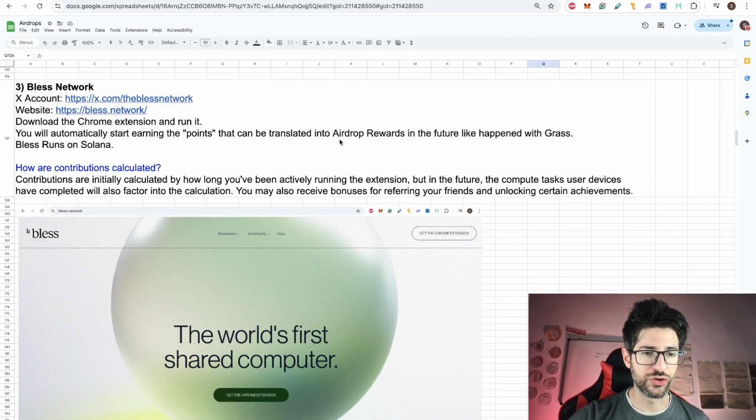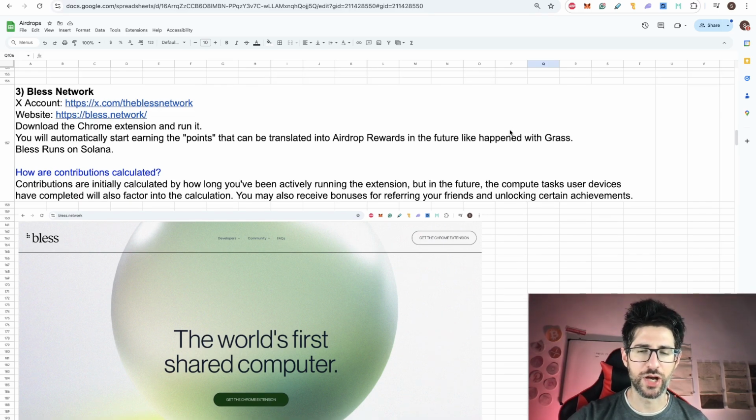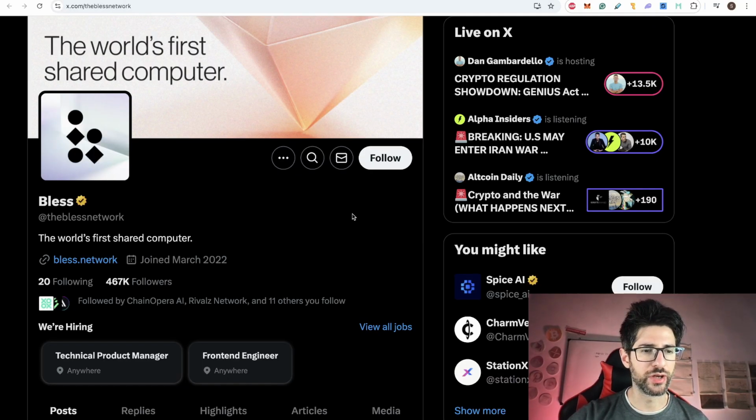And how are contributions calculated? Well, basically, initially calculated by how long you have been actively running the extension, but in the future, the compute tasks your devices have completed will also factor into the calculation. So you may also receive bonuses for referring your friends and unlocking certain achievements. Again, you don't need to do much, but you are going to be receiving the points passively, and those are going to be the rewards in the future. So go here into Bless,